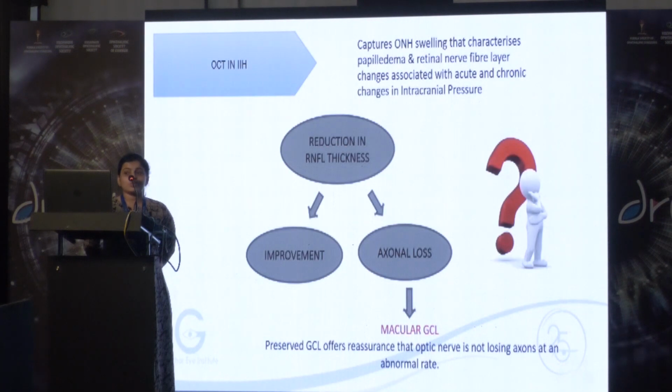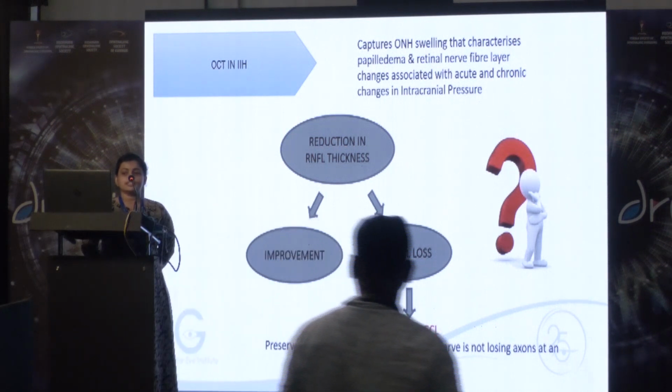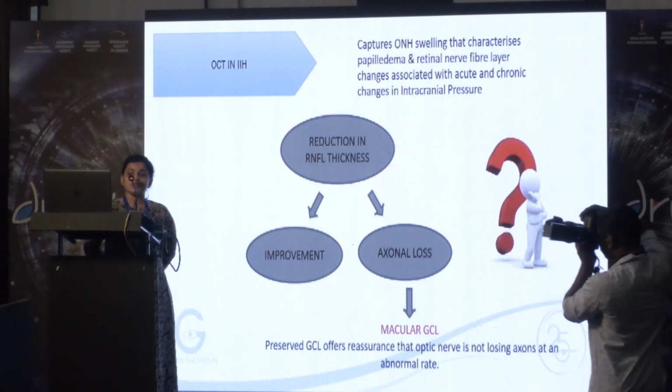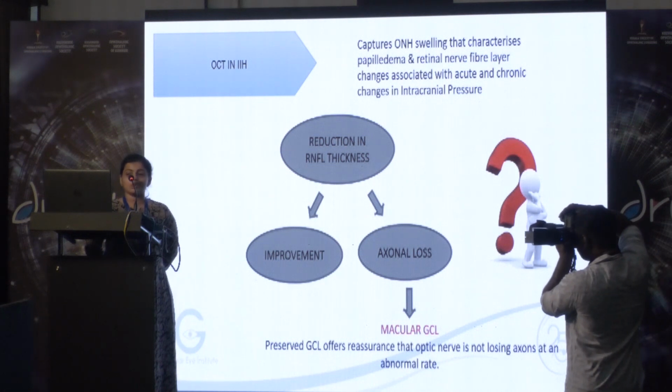So what is the role of OCT in IIH? It captures optic nerve head swelling that characterizes papilledema and retinal nerve fiber layer changes associated with acute and chronic changes in intracranial pressure. So whenever there is reduction in RNFL thickness, there comes the dilemma whether it could be an improvement or there is an axonal loss. Here comes the role of macular GCL. A preserved GCL in the presence of reduced RNFL thickness offers reassurance that the optic nerve is not losing axons at